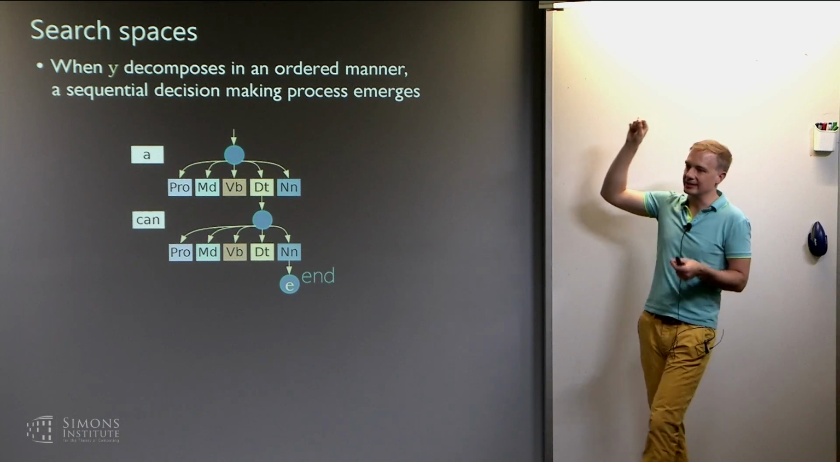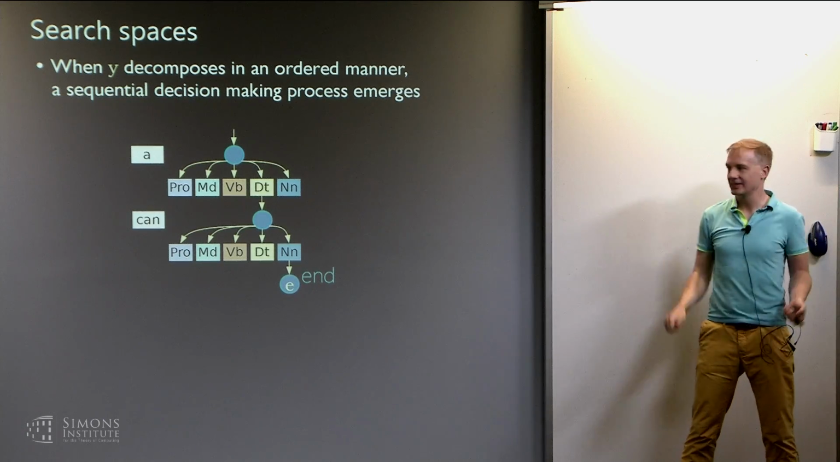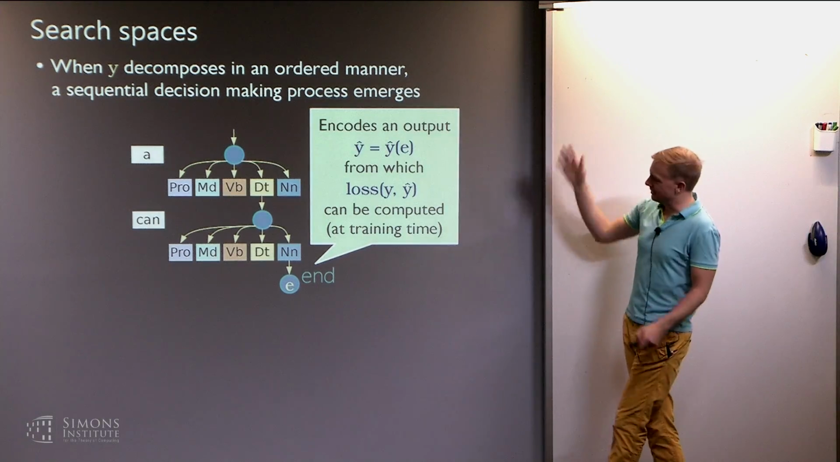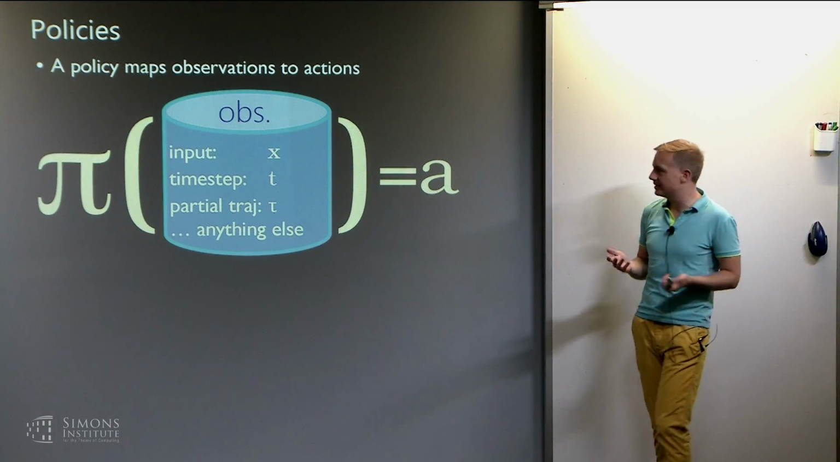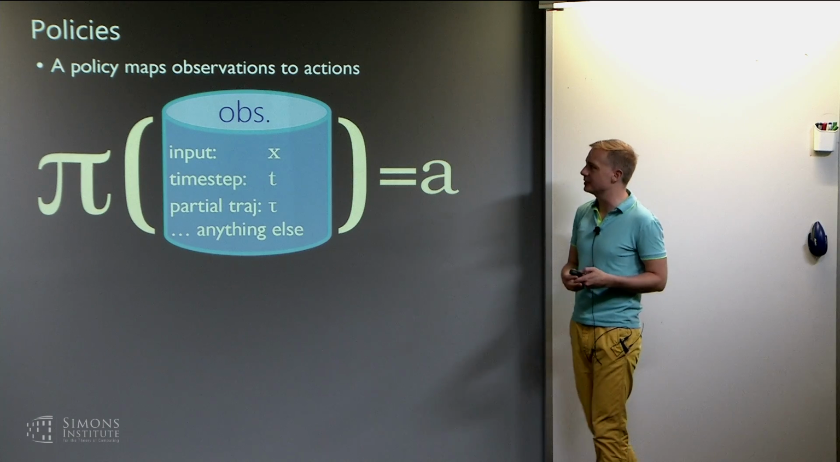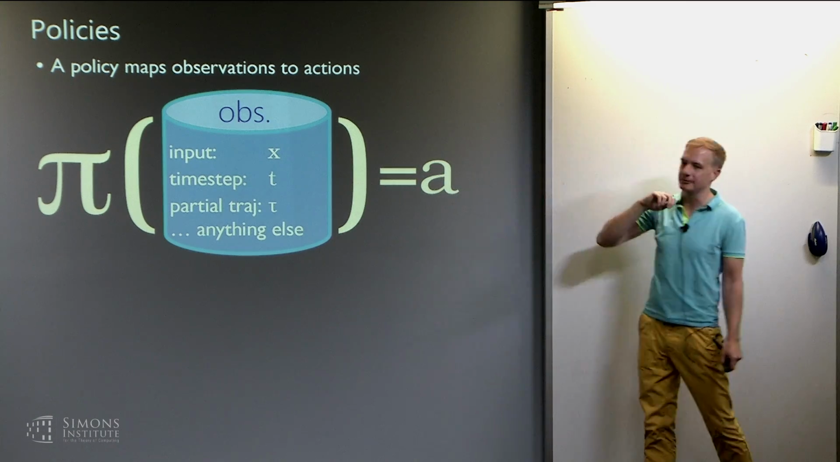And then that thing I can score with my loss function. All right, good? Okay, yeah, so that's what I just said. Okay, so we're going to talk about this in terms of policies, because this starts to look a lot like reinforcement learning. So in general, a policy is going to be a function that I'll call pi, which maps observations